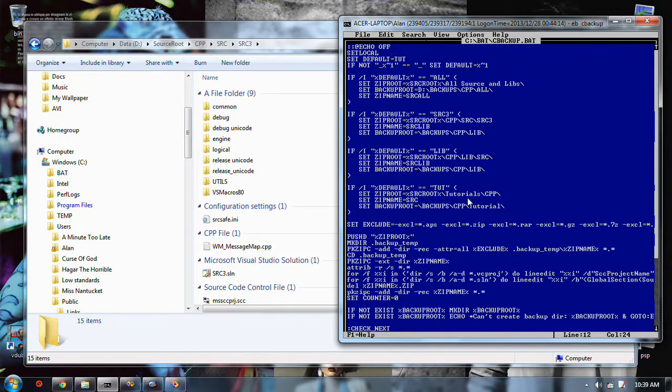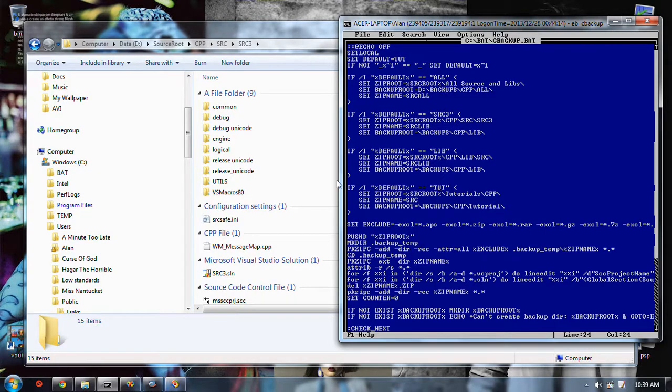So I can't do the all and include the tutorials. I could include tutorials and call that all, but that wouldn't be very meaningful because I've already got one. I can already specify this. So I was thinking, I suppose I could move that, but then there's SourceSafe, and I've got to worry about the SourceSafe database knowing to look here for this and there for that, and it's a great big mess that I didn't want to clean up.